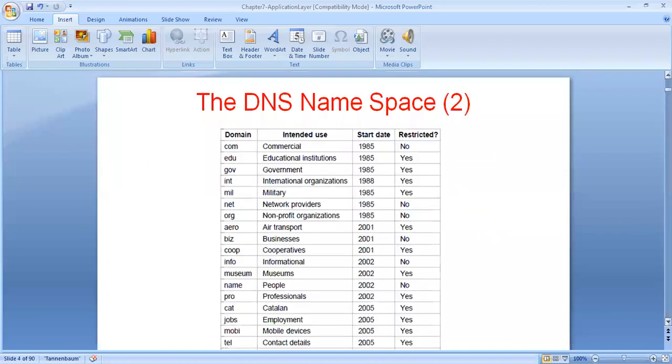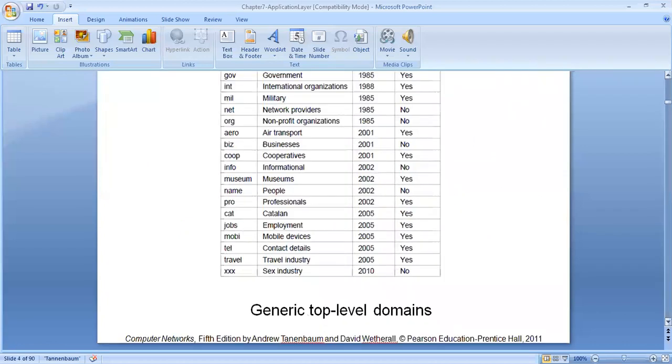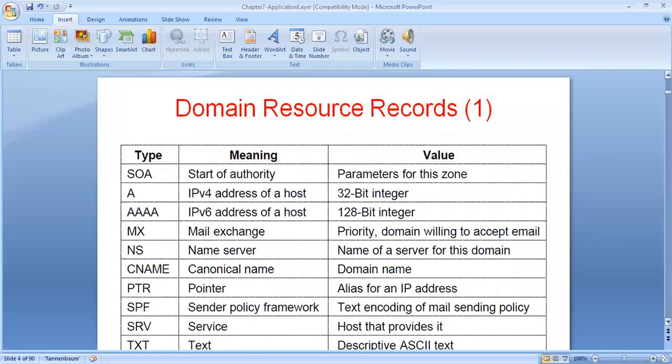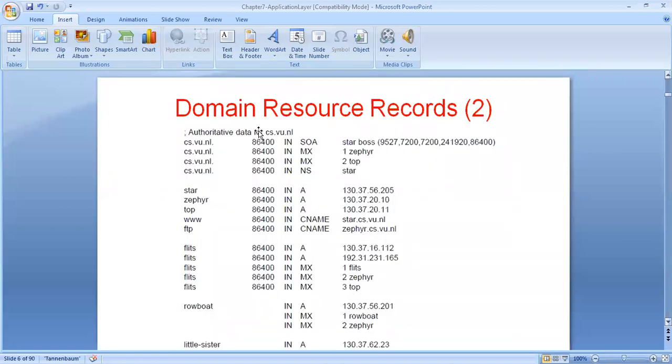Okay, so these are the types that we have, and then the resource records. This is the example of a database where it will be having different things: name, followed by the class, type, and so on. It consists of the tuple. We'll come back to this again.